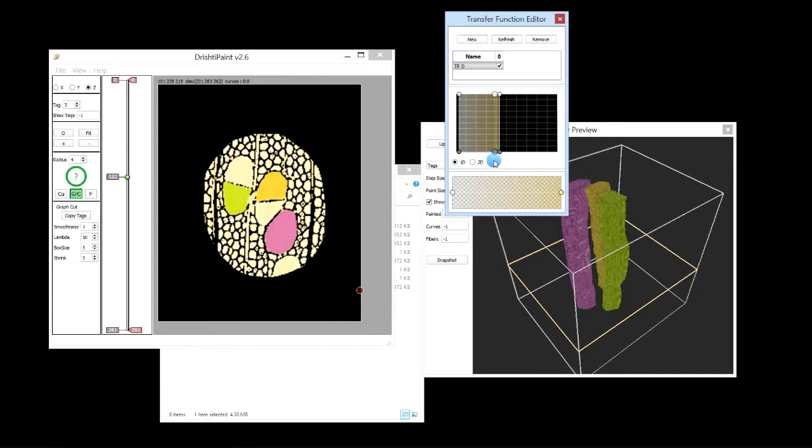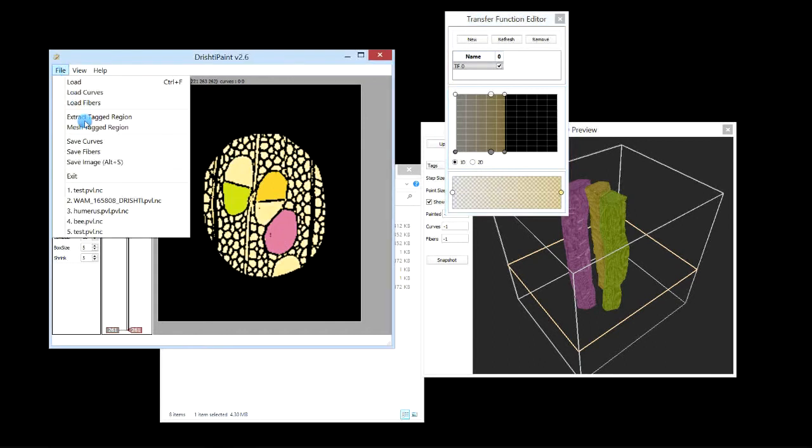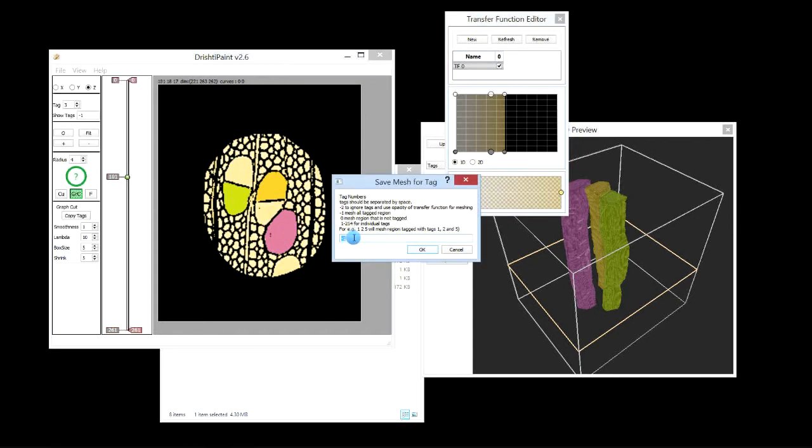Now what I want to do is use the transfer function and then mask and then create the surface mesh using the opacity of this transfer function. So let's mesh this region. Now instead of -1 or 1 or 2 and so on, I'll use -2 as the option. It will ignore all these tags that we had painted, or the curves or the fibers, and then use the opacity of the transfer function. So it will use what we see here to surface the mesh. So -2,